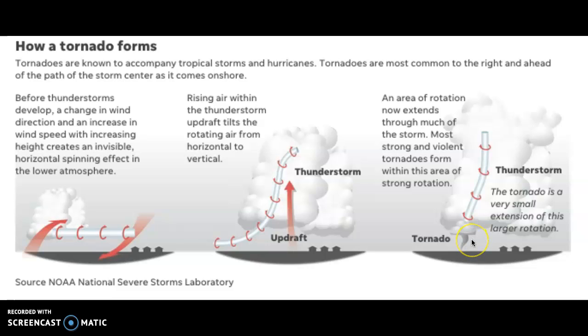The landward, the northwest right front quadrant of the hurricane or the tropical storm that's coming ashore, and this is where the highest winds occur. This is where the most rapid rotation occurs, and that's where you find the tornadoes. The difference is that in terms of the storm surge and the wind speed, the highest wind speeds will be found in the inner